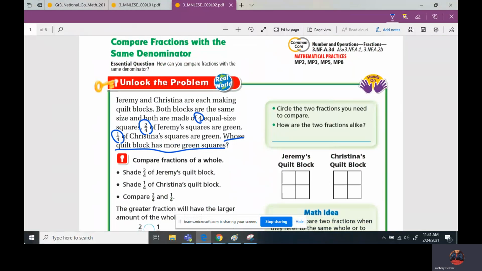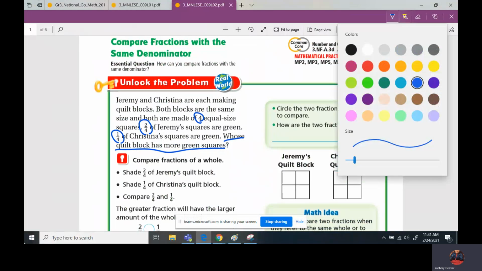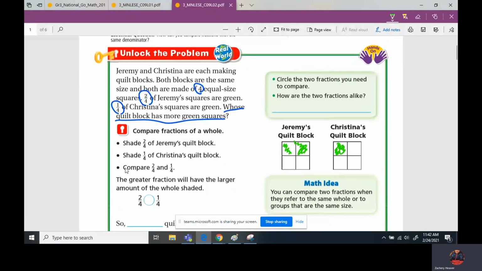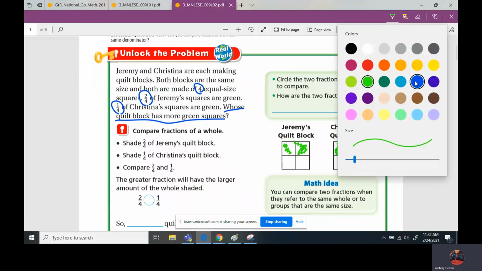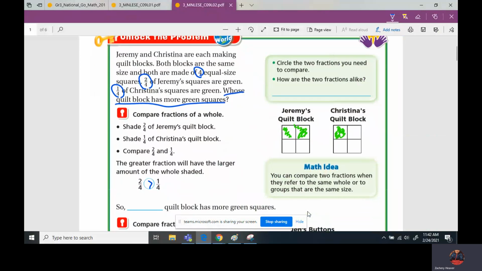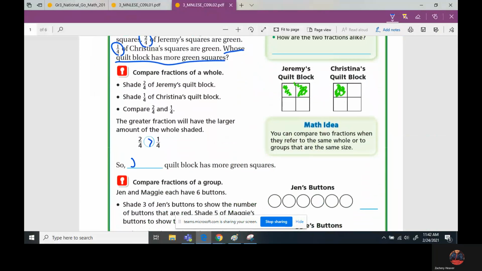And this is simple. Look, they're the same. They both have 4. So Jeremy, we know, has 2. And Christina has just 1. So that's easy to look at. What has more, 2 out of 4 or 1 out of 4? Hopefully, you guys can see that 2 out of 4 is greater than. So I always just say the alligator eats the bigger number. So Jeremy's quilt block has more green squares. Okay,